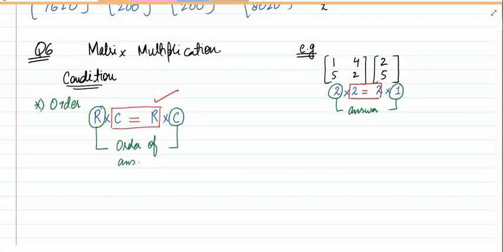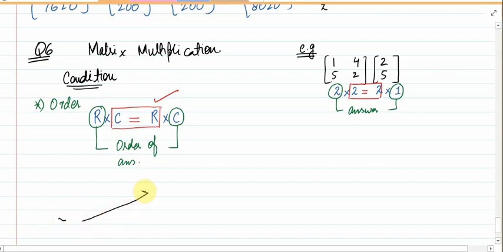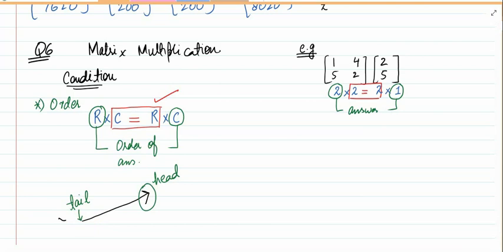Now I am going to explain it with the help of an arrow. Keep in mind, when I draw an arrow, I refer to 2 things. One, I say tail, and one, I say head. So when I say head, keep in mind that I am talking about the top portion of the arrow, and when I say tail, it is the bottom part of the arrow, right? So how are we going to use this arrow in our matrix multiplication? Now that is a short and simple trick to solve it.